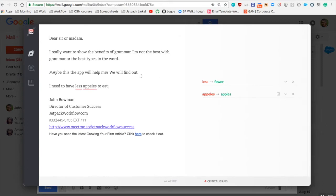So this is an example of the grammar section. I need to have less apples to eat. Over here you can see it says fewer, not less, because less is the wrong word there. You want to say fewer, and it corrects that for you. Obviously apples, yep, I'm going to say apples, not appeals. Cool. But as I showed you there, it's going to be correcting your grammar, and it's